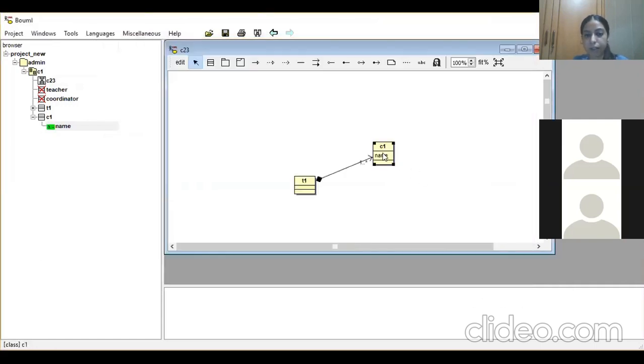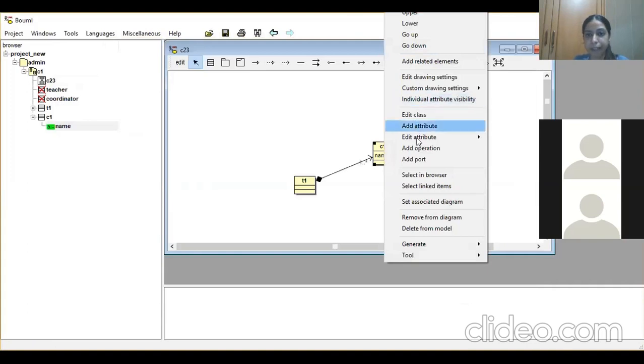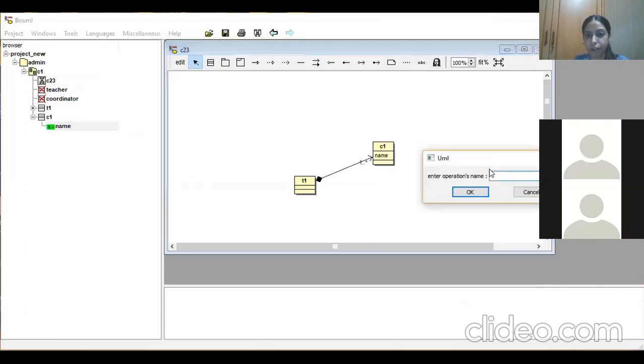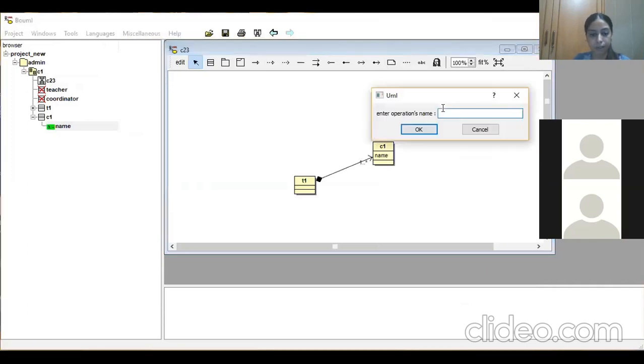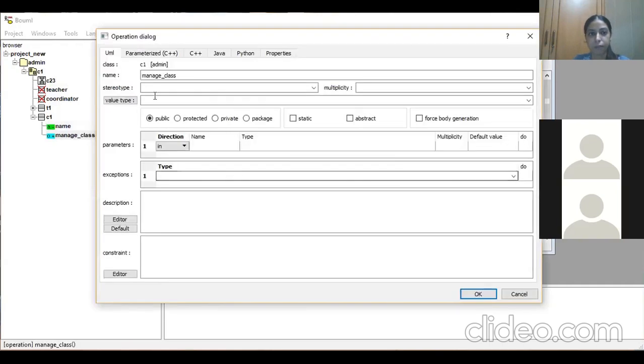Similarly, you can right click and then add operation. You can add an operation like manage class. You can also select the value type, multiplicity, the parameters, exceptions, and all.